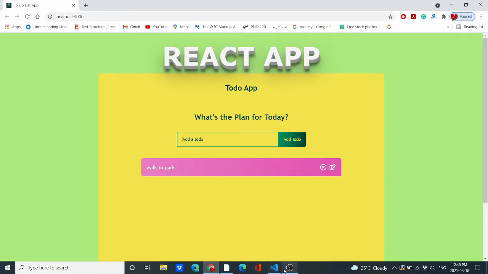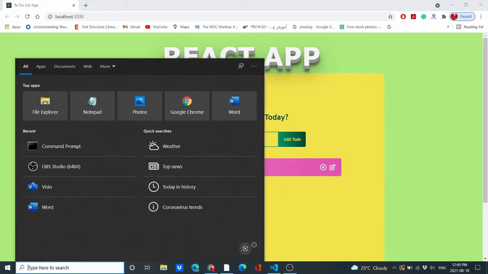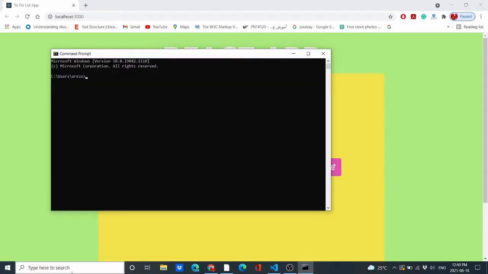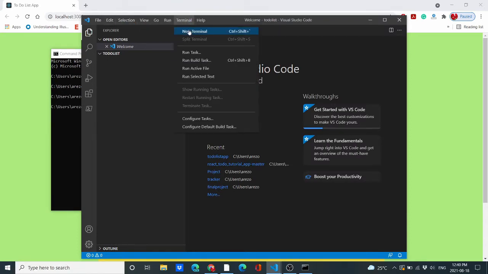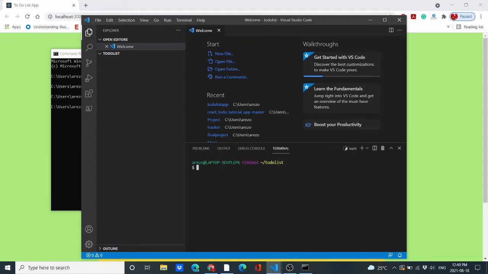So let's do coding. For coding we should use the command prompt. It looks like how to go to the file. For the folder we can use mkdir todo-list and enter, cd todo-list and enter. And for going directly into VS Code we can use code space dot, and our VS Code comes up. So for having the React app we should